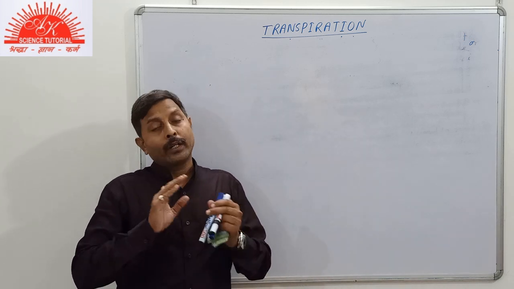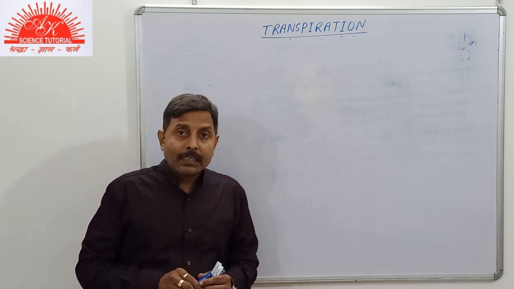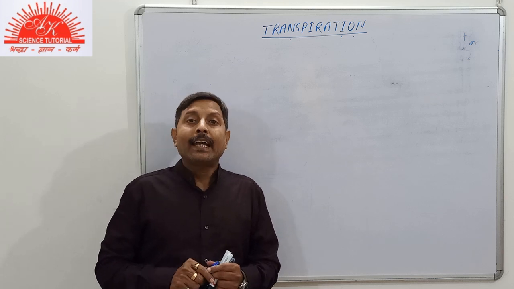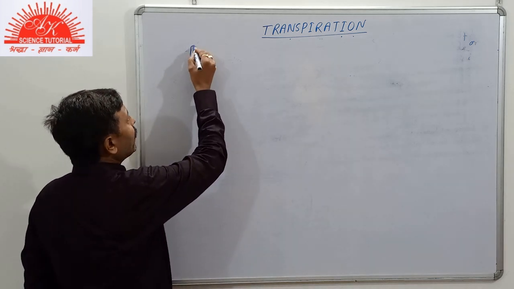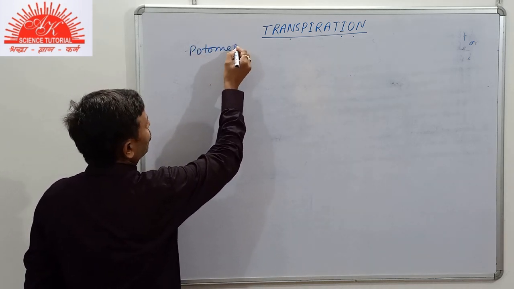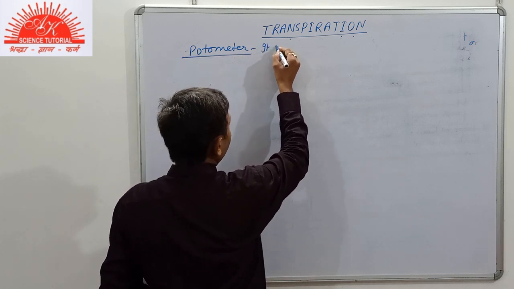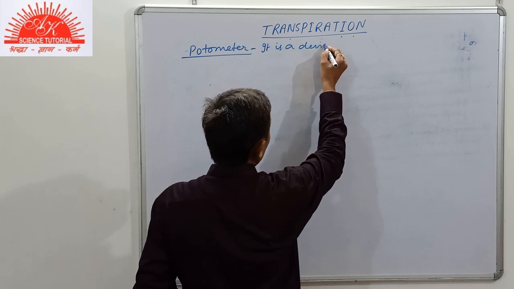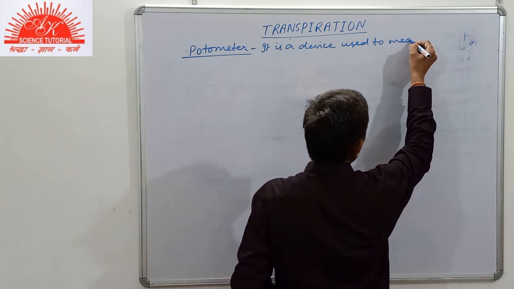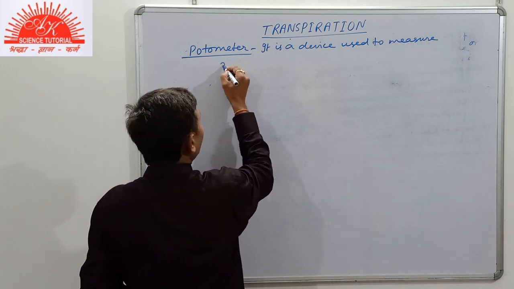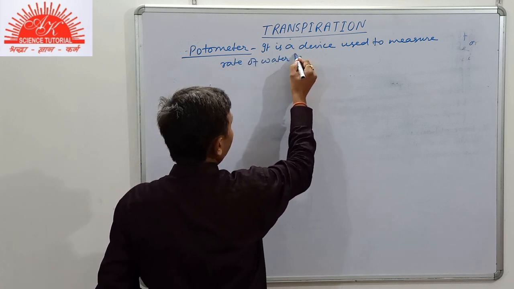That is, we are going to measure the rate of water intake by a plant using an apparatus, and hence to measure the rate of transpiration in it. So, the topic is potometer. Potometer. It is a device used to measure the rate of water intake